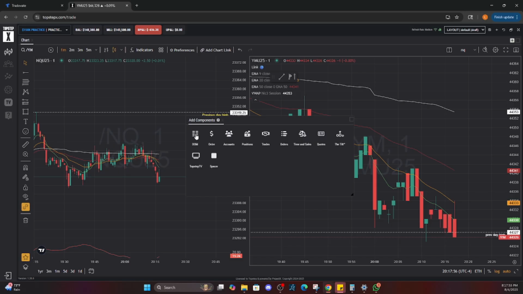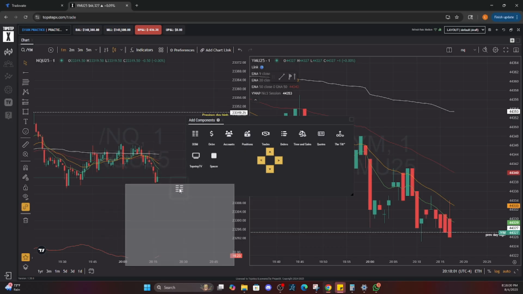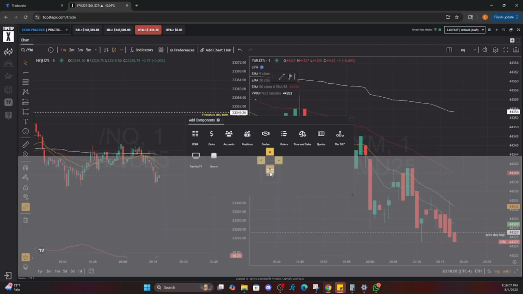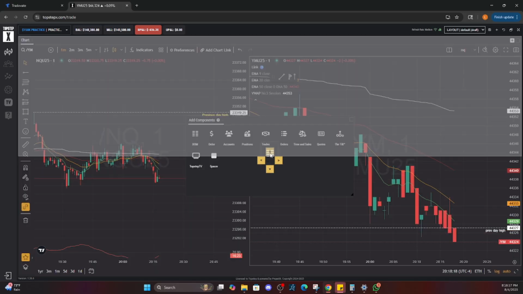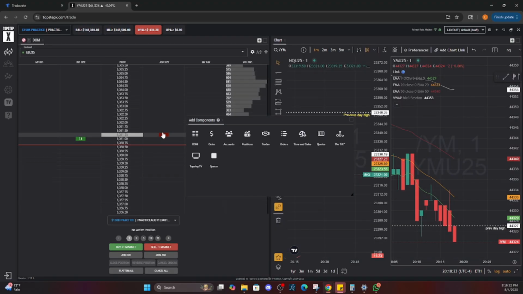So you basically drag it. Once you drag it out of these box, you will see these arrows in the middle. For me at the beginning, it was not apparent, but I learned it later on. So if you drop it on the lower arrow, it will drop it on this section that's highlighted. If you do it on the top, it will drop it there. Let's say, oh, I accidentally drop it here. What do I do? You can X out of it, or you can just click on DOM again and